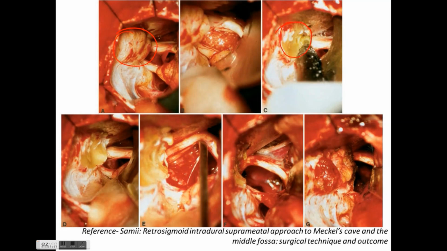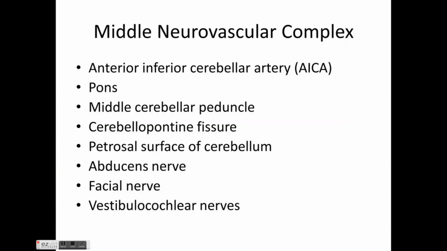the exposure around the fifth nerve or the upper neurovascular bundle has drastically increased, and he could achieve a gross total resection in this case from a posterior only approach, and he didn't have to use the Kawase approach or the anterior petrosectomy approach. So coming to the middle neurovascular complex, it includes the ICA, pons, middle cerebellar peduncle, cerebellopontine